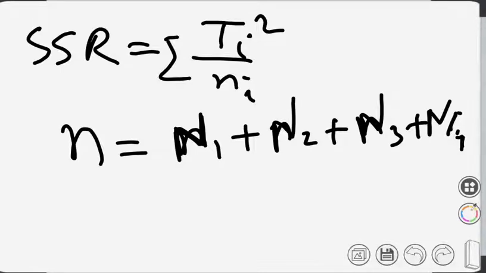So what is written in SSR? I haven't finished yet. Minus CF. SSR is summation capital Ti square by Ni. Summation of that. Please write. I'll explain what I mean when we take the example. So in this case, it will mean